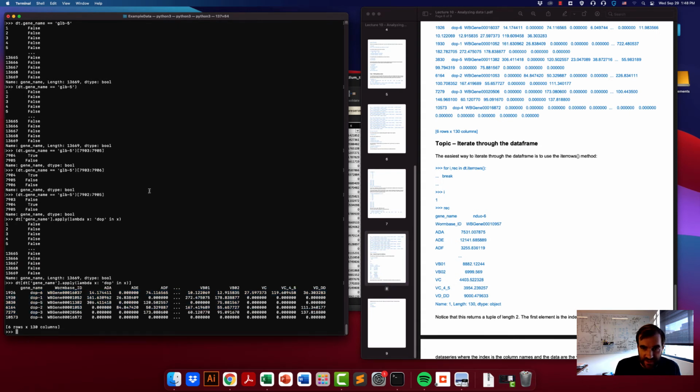The final topic we'll cover really quickly is iterating through a data frame. When we had lists and dictionaries, we talked about how to iterate through every single element. Typically, the way you would iterate through a data frame is to go row by row and analyze it. The best way to do that is to use this